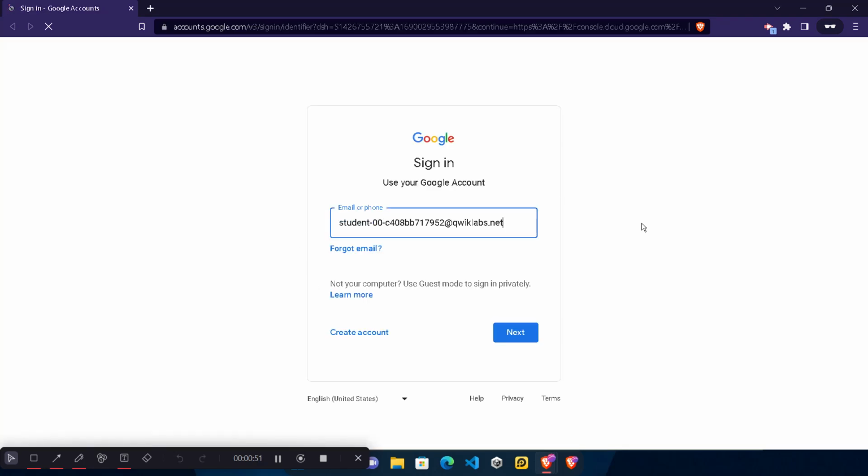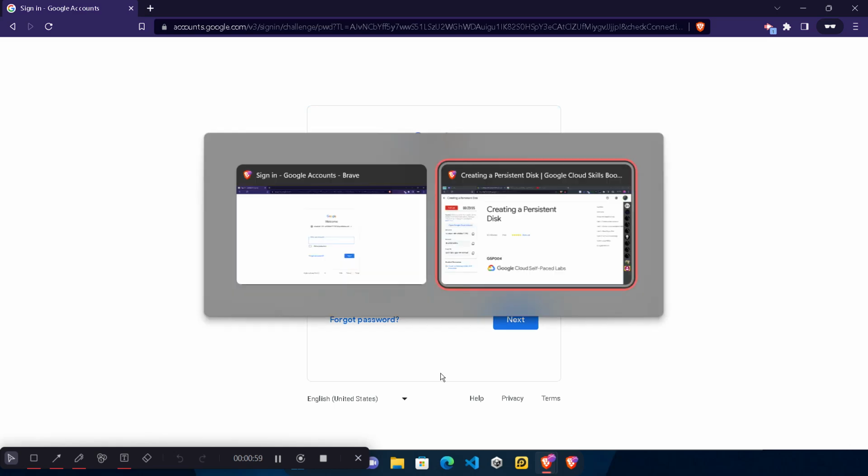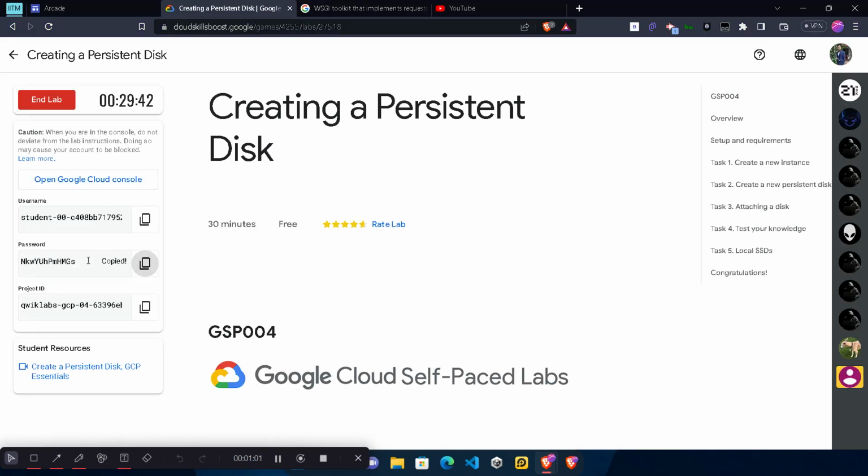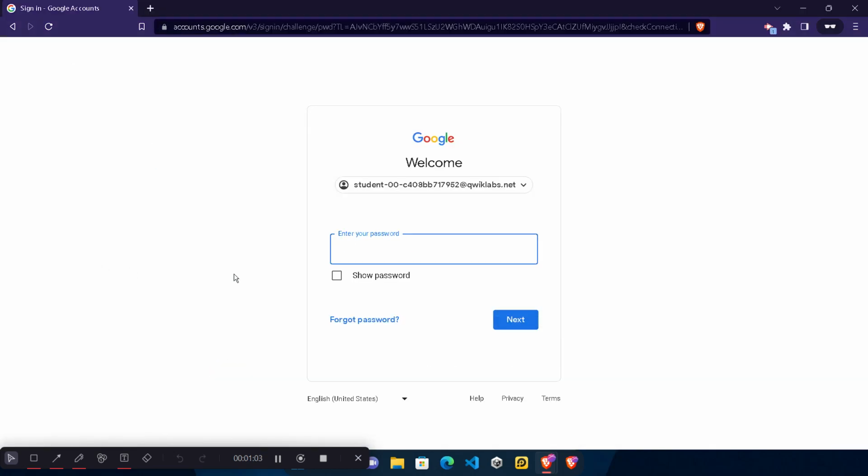So open it in incognito mode, and you know that the email ID will be automatically pasted up. Simply we need to click on the next button. Now we need the password. So for the password we need to switch back to the lab and copy the password from here. Here is the password. We need to copy it. Come back to console, paste the password here, click on the next button and we get logged in into our